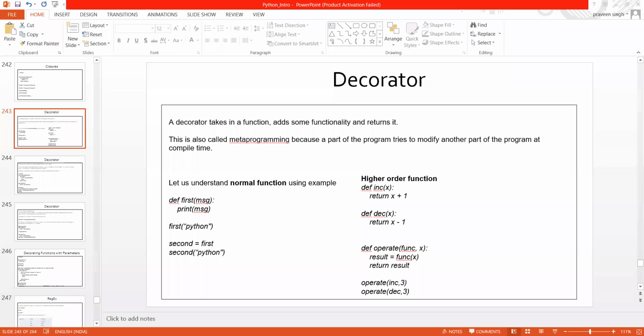So let me just share my screen. Hope everybody is able to see my screen. Is it visible or not? Okay, if yes,